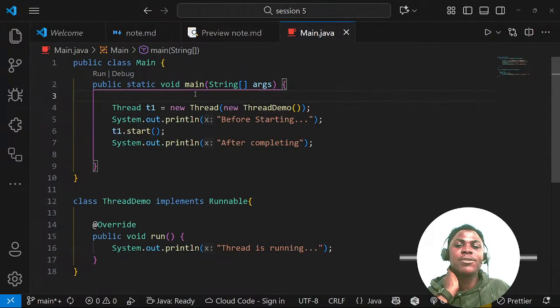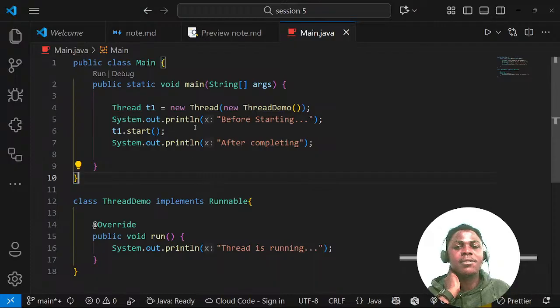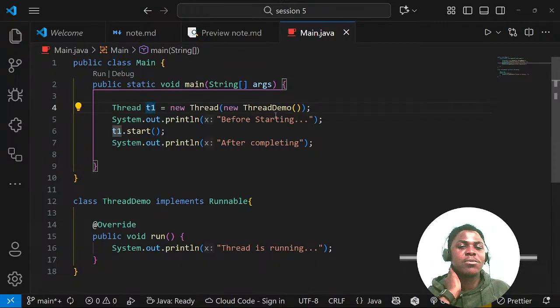We have two ways of actually creating a thread. Number one, that we implement the runnable, or we extend what? The thread class. If we are implementing a runnable, we must pass that runnable into a new thread class as an object before we can create a new thread object. And before we start the object, during the starting,